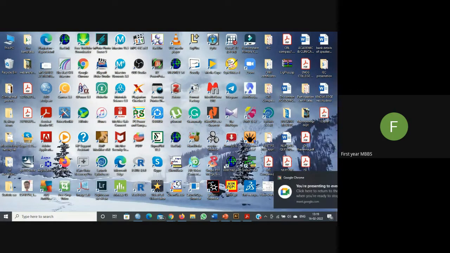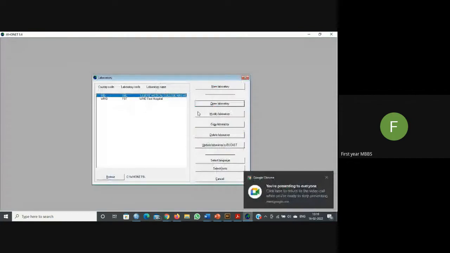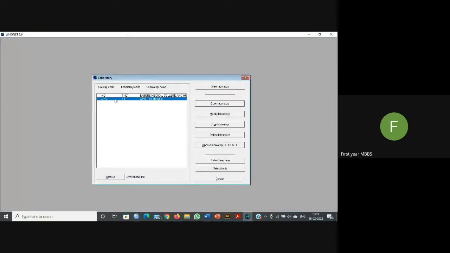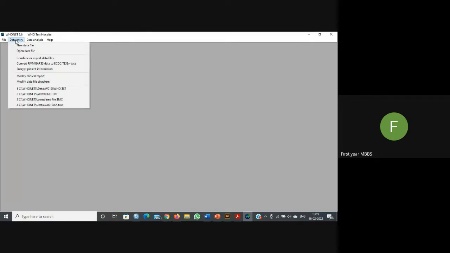So I'm double clicking the WHONET. Here I'll click the option WHO and open laboratory. Okay, I'll just tell you how to take the clinical report of a particular patient's isolate. So you have to open the data file. I'll open the data file that is already there in this,